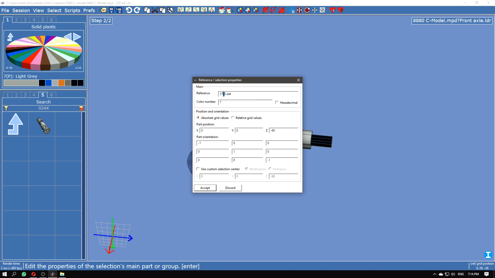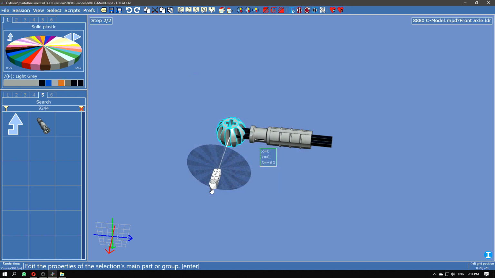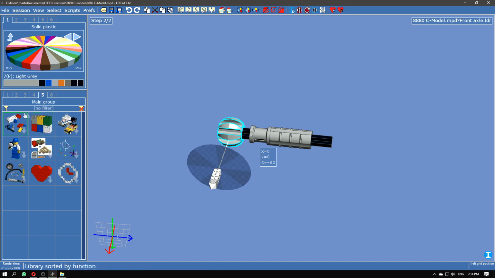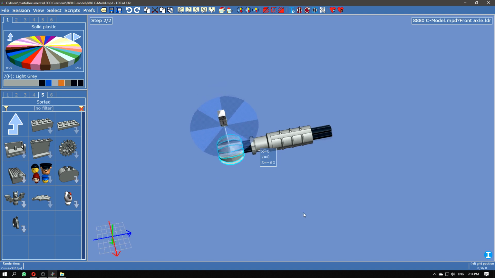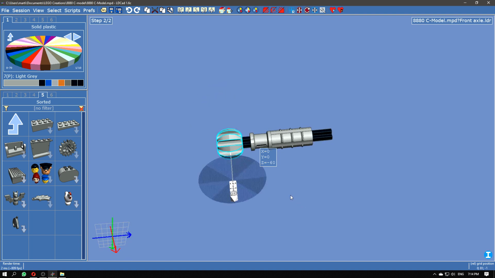So if I'm correct and we paste the part number in here, but keep the .dat and hit accept, we're going to get the part that we actually need. So that is, if you can't find your parts in the parts library, the way you can at least try to import your part into